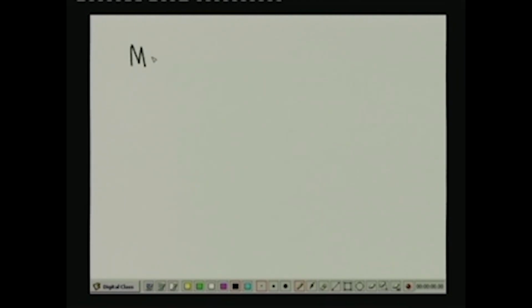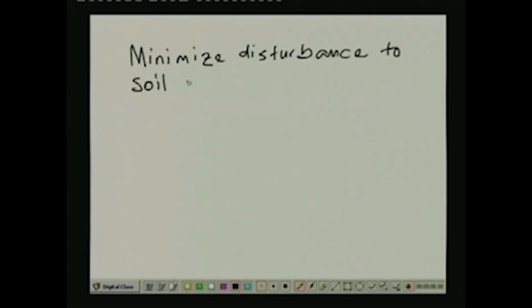To minimize disturbance to soil samples, typical measures are like this. The sampler should be a thin walled sampler, the wall should be thin,